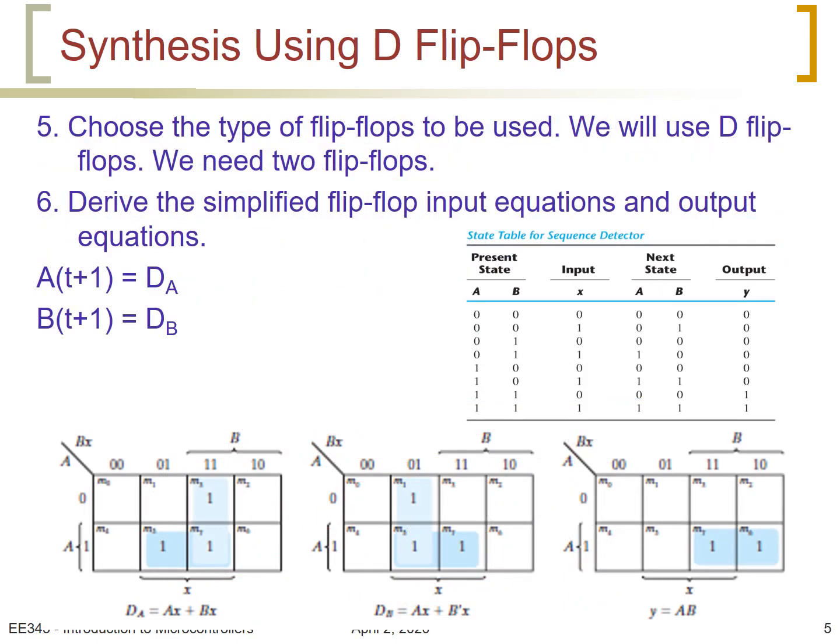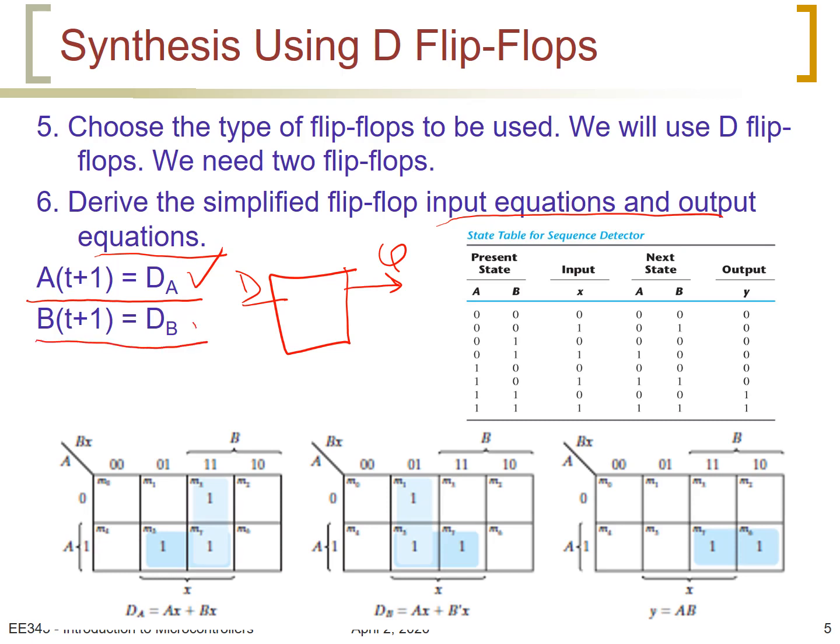Now, we know from before the flip-flop input equations and output equations for the D flip-flop, which, as we can recall from the past, are Q at time t plus 1 is equal to D at time t. Here we have two flip-flops. A at time t plus 1 is equal to D of A, and B at time t plus 1 is equal to D of B. Therefore, from the next state that we have just derived as a function of the present state and the input, we can find A of t plus 1 and B of t plus 1 by looking at this table here,